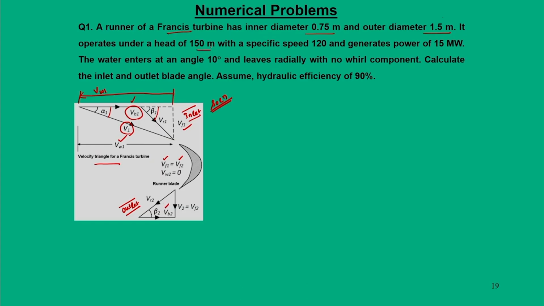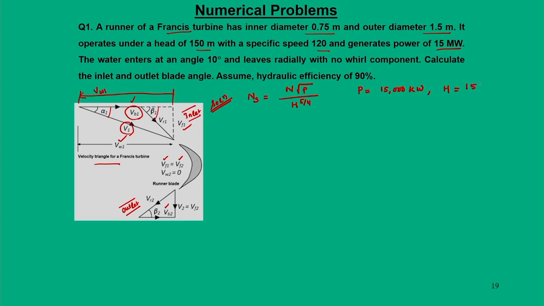There is a head of 150 meter, specific speed 120, but what we do not know is the speed or RPM. So, to get this RPM, let us take this specific speed expression, Ns is equal to N square root of P by H to the power 5 by 4. While using these expressions, one must ensure the power should be in kilowatt. So, here it is producing 15 megawatt. So, you have to make it kilowatt, that is 15,000 kilowatt, and H should be in meter, and here H